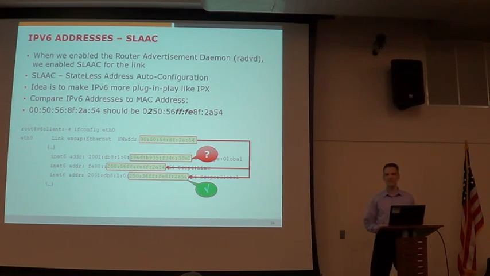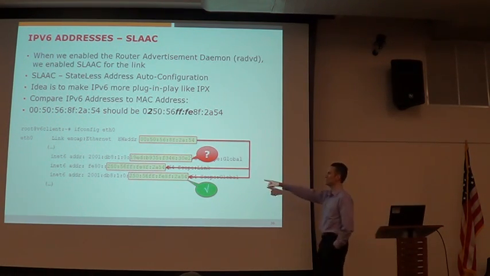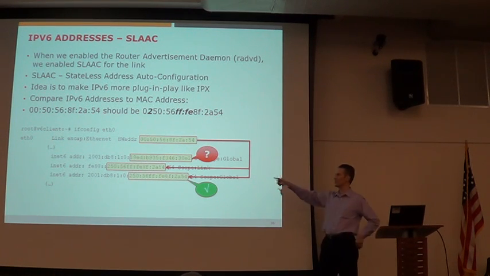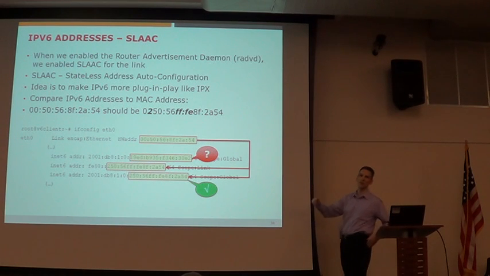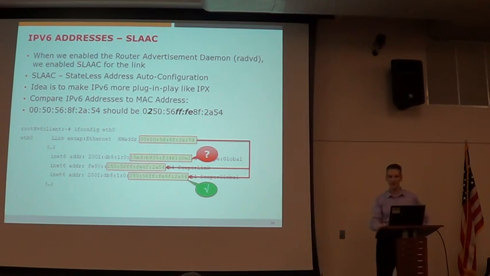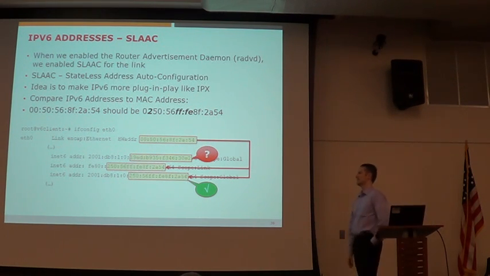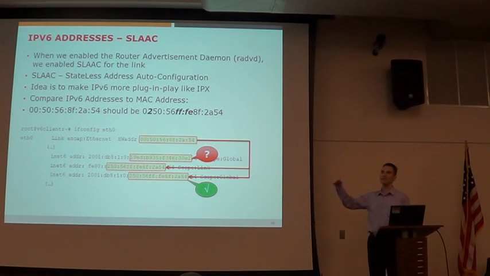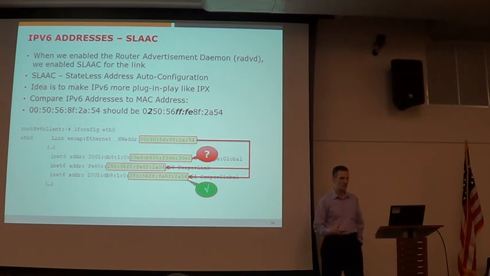So in order to fix that, they said, okay, we can't have that because then you can track everybody. So there's a second kind of address where we randomize it. The whole 64-bit address is a random number. And it's also temporary, which is a whole other can of worms, but just to make it simple, the idea with being temporary is it changes every day. So nobody can track you and you're super secure. From a security point of view, that's good.